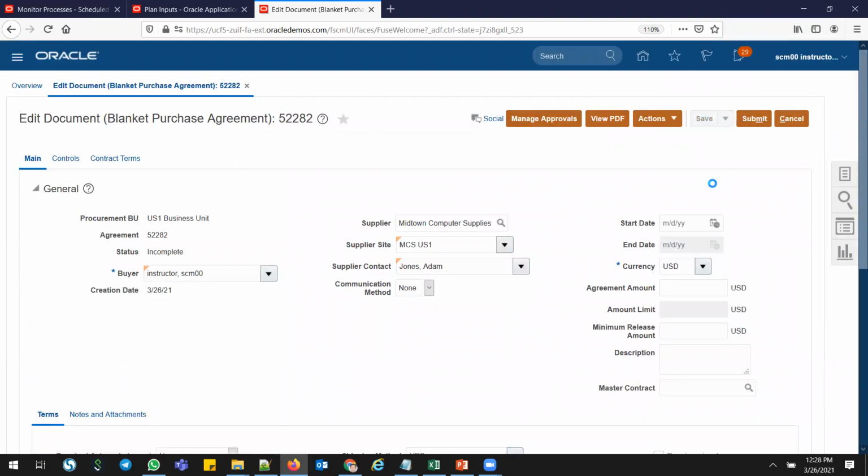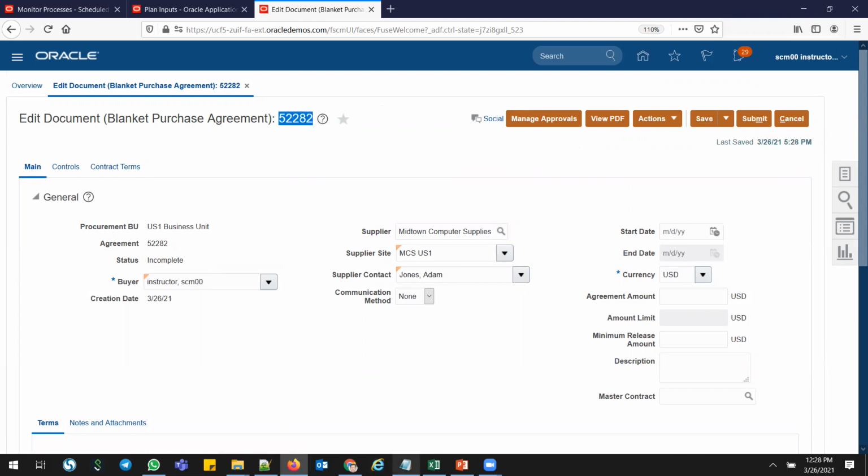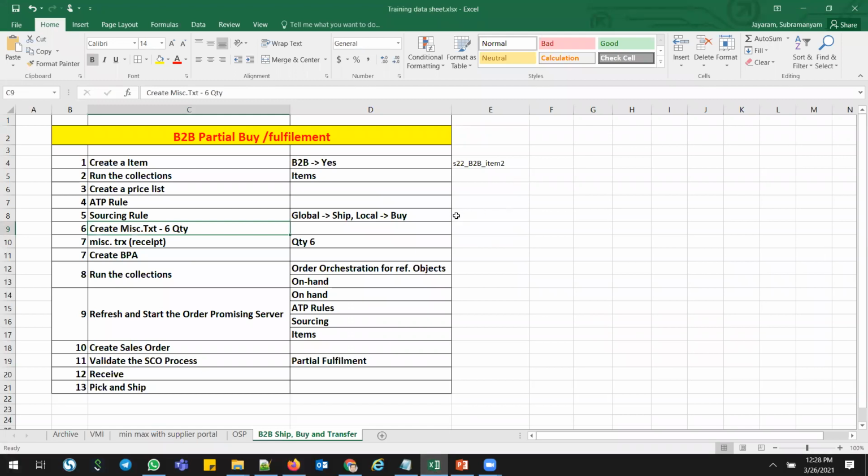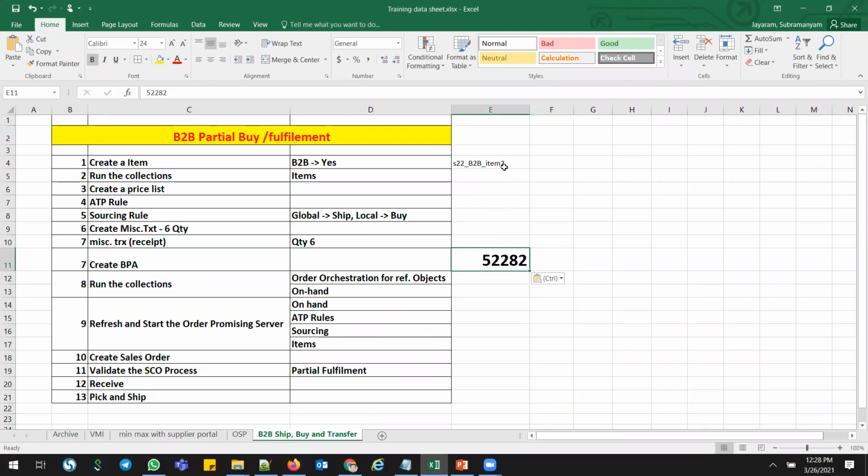Save. And let me see the approval process also. Let me note down my number here, I'll put it here itself. This is my BPA, my item number 3.